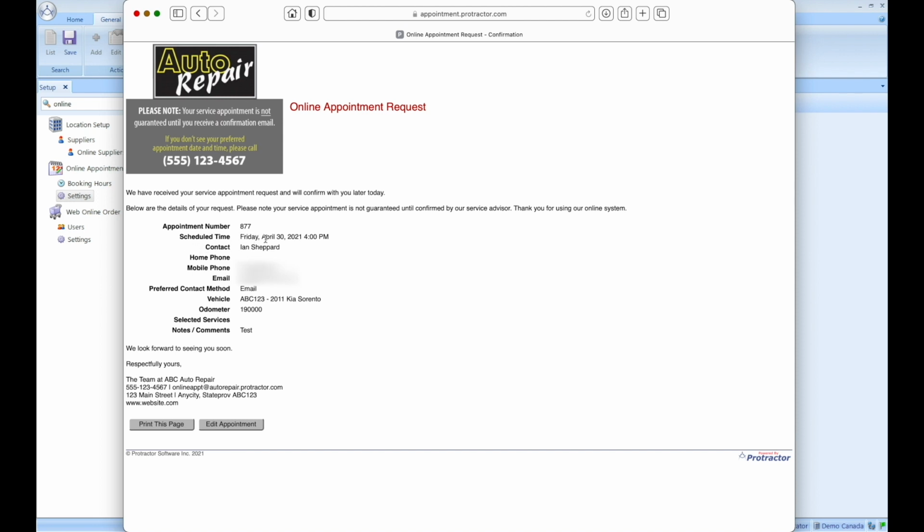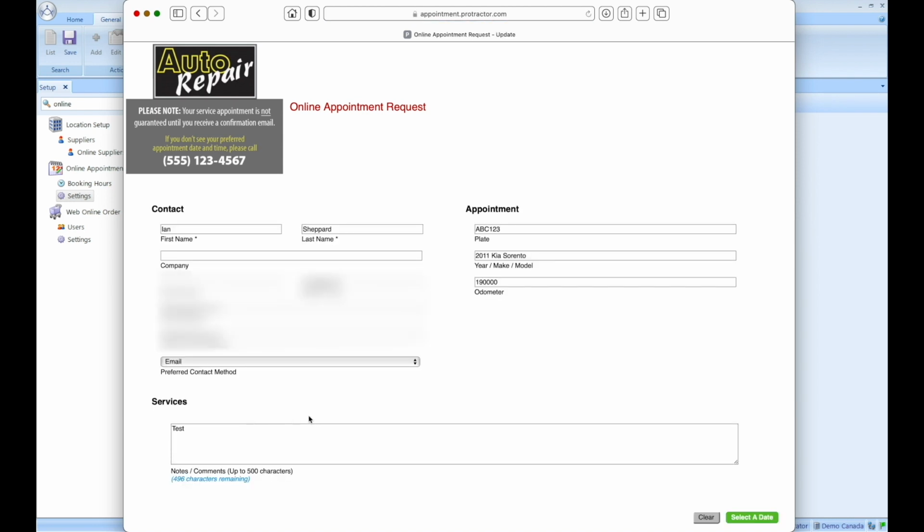the scheduled time and I see Friday, and I say, oops, I meant to actually select Thursday. I can click edit appointment, and then everything that I previously entered, including any services that I may have selected, is repopulated here for me. I don't have to retype any of the information, and then I can simply select a date again. I'm not going to do that for this example, but just know that I can certainly do that if